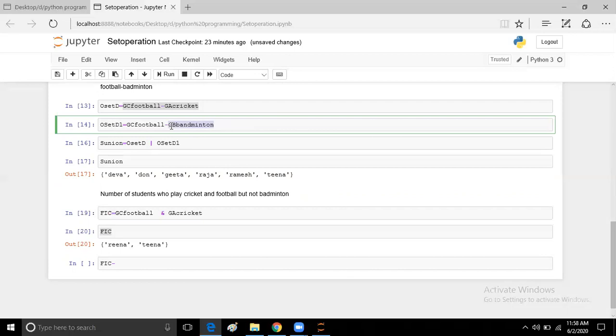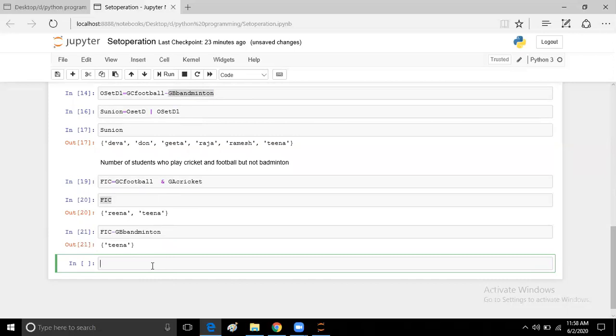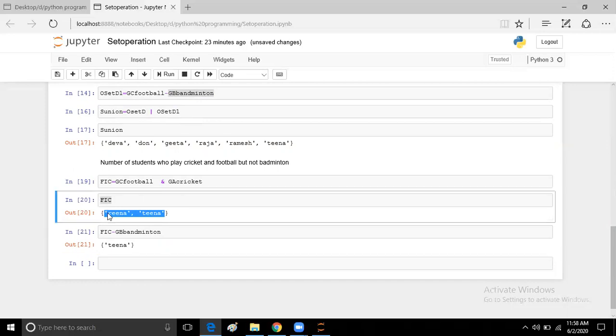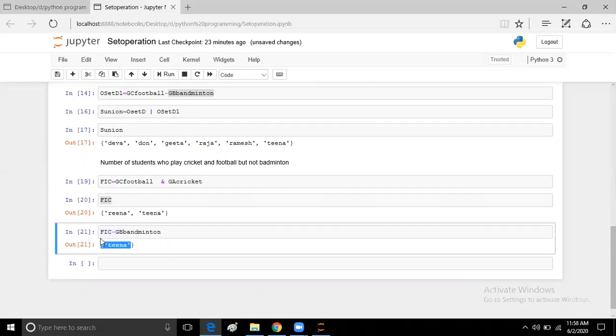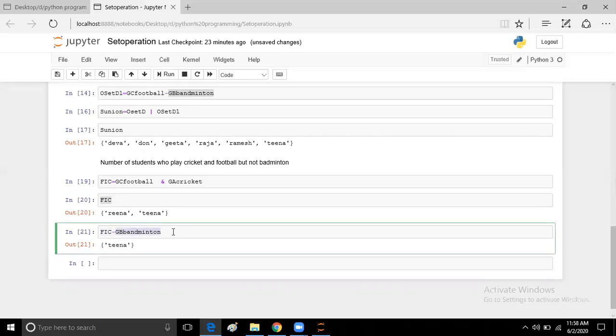So we are going to subtract badminton. I already told you that this subtraction is what we are showing as the symmetric difference. From Rina and Tina, we have to remove the player who is playing badminton. If you observe, we got the output Tina, which means Rina is playing badminton also, so we subtracted the name Rina from the given output.